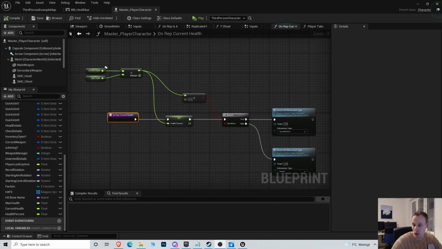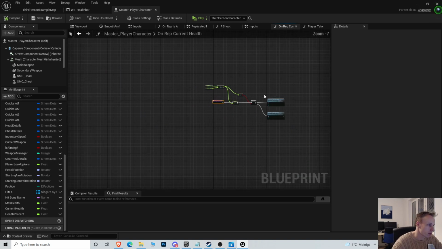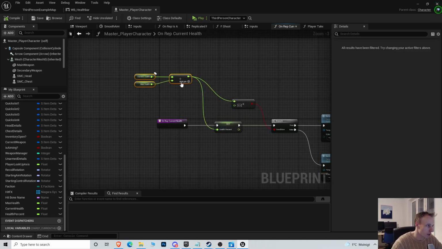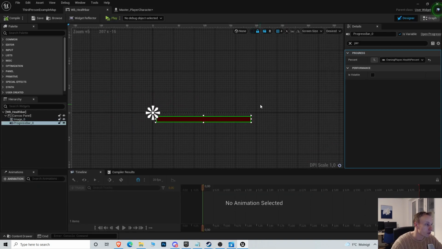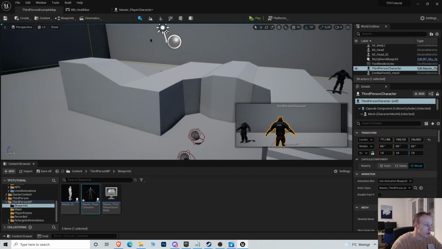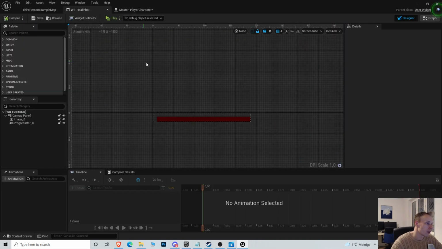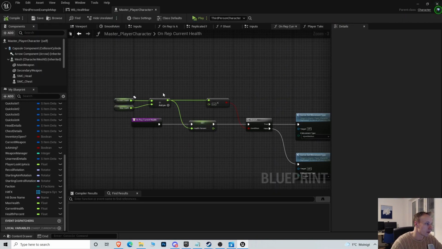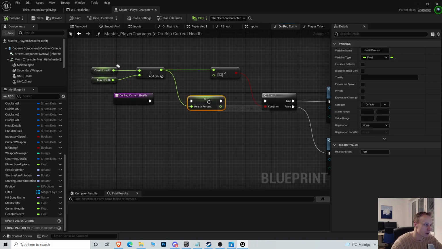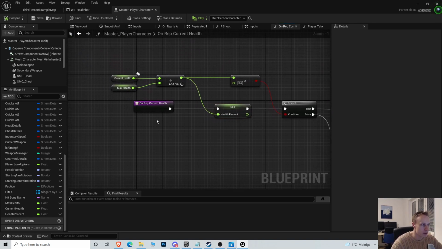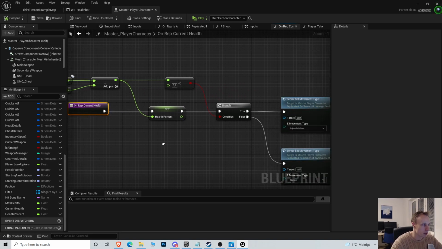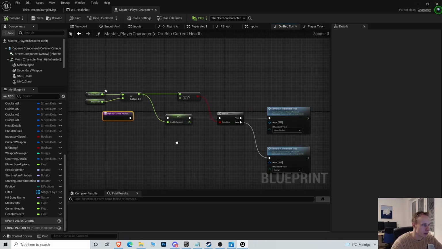Yep. Alright, I am back. This is just stupid. It should work. I have no idea why it didn't work, but I just made a workaround. It's not the best solution, but okay. So, in the player character, I created a new variable called health percent. So when we take damage on rep current health,